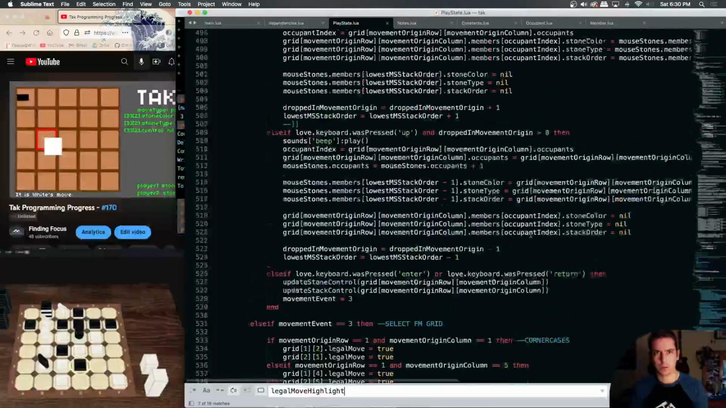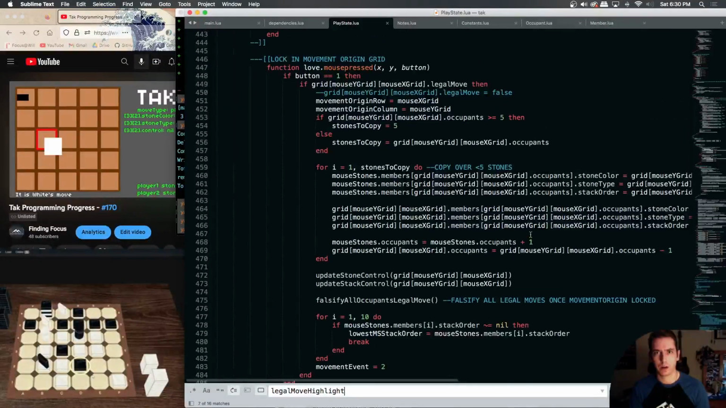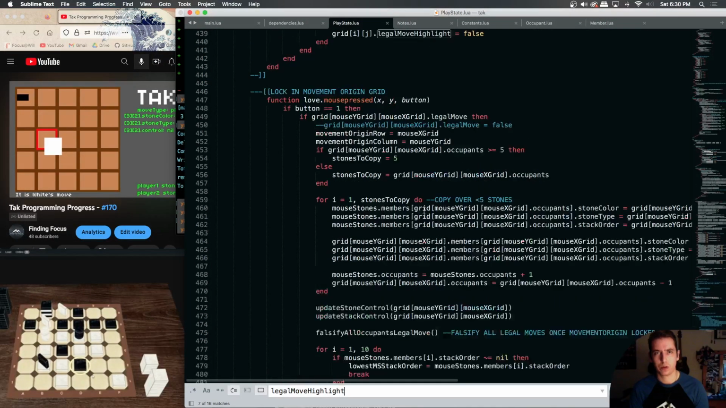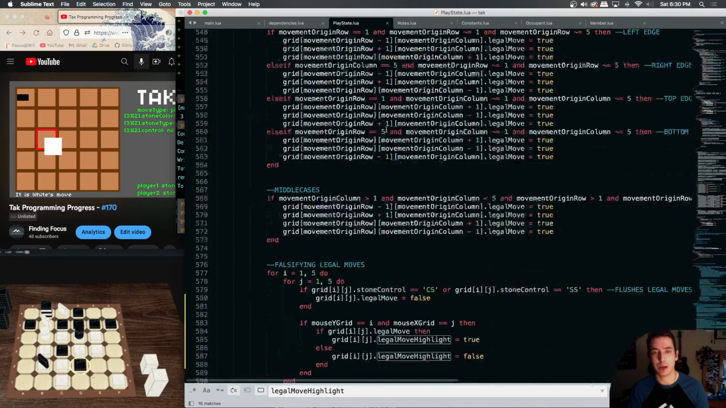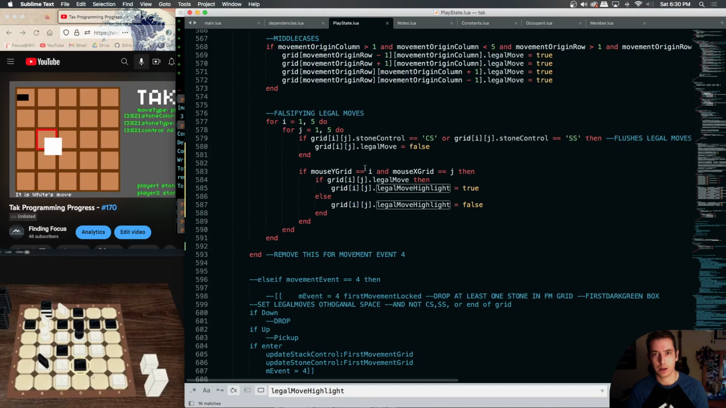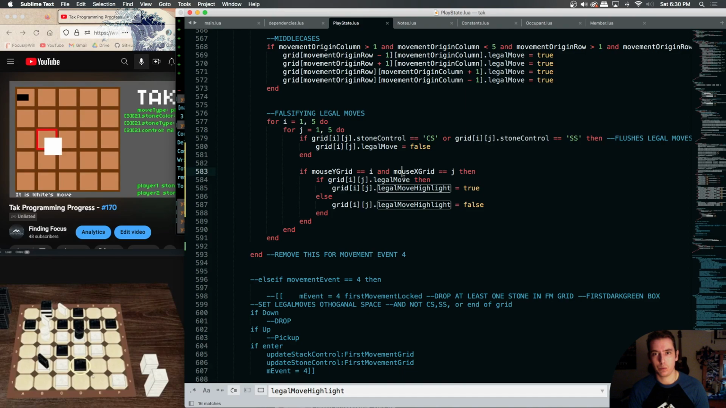If we take a look at what we're doing in movement 1, we're doing that nested for loop, and then we're saying if mouse grid O is equal to Y. Are we doing that? Yeah, we are. And equal to J, then if it's a legal move, then sure, highlight it true, otherwise highlight it false. Now, what do we, if we do this,